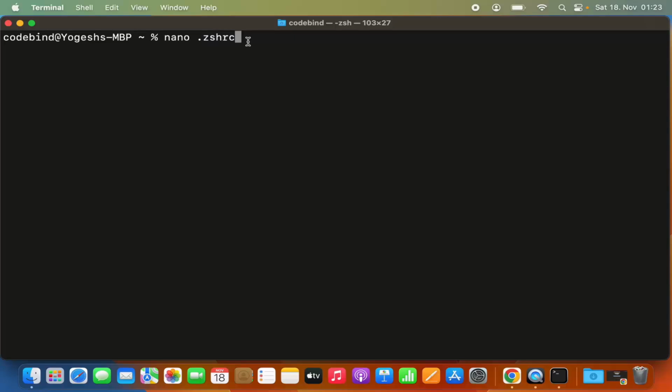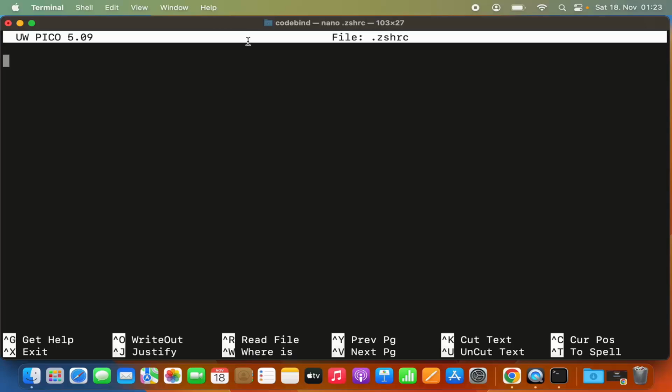So I'm going to just press enter, which is going to create this .zshrc, and then here just type export space PATH is equal to, and in the double quotes you need to provide that path, which is opt/homebrew